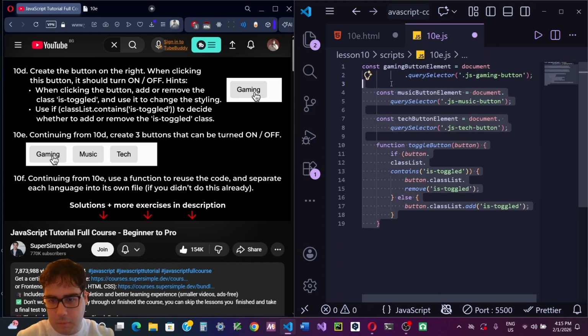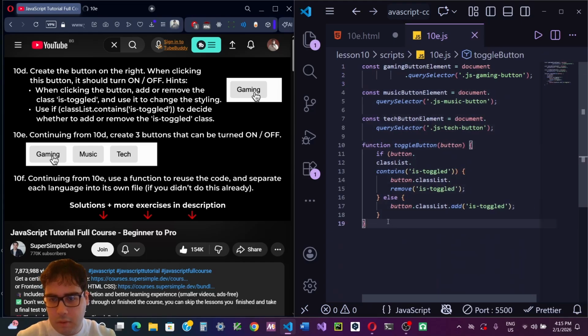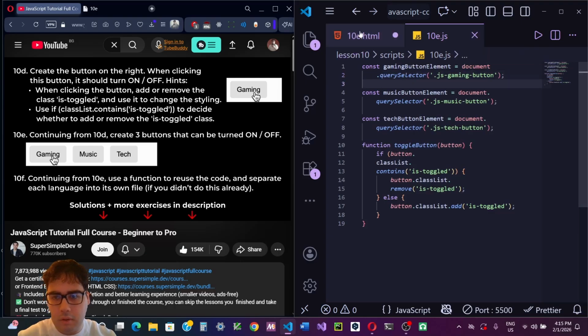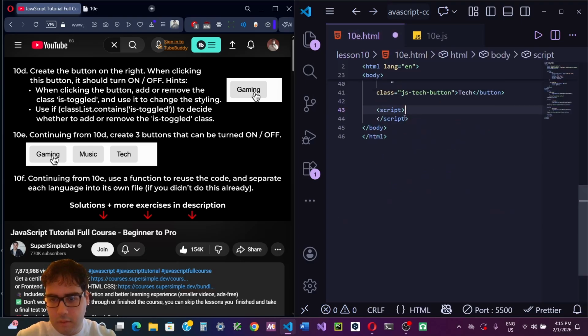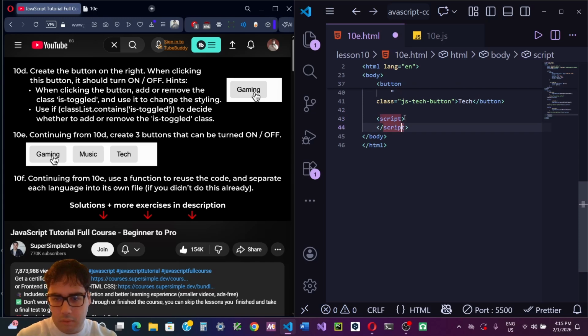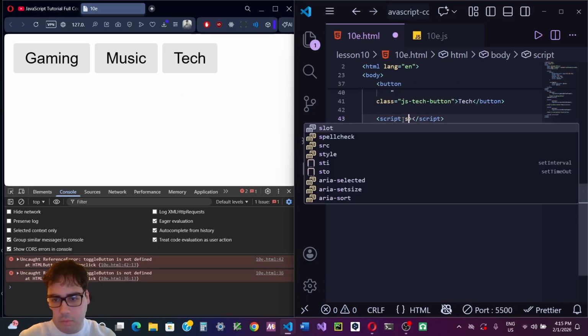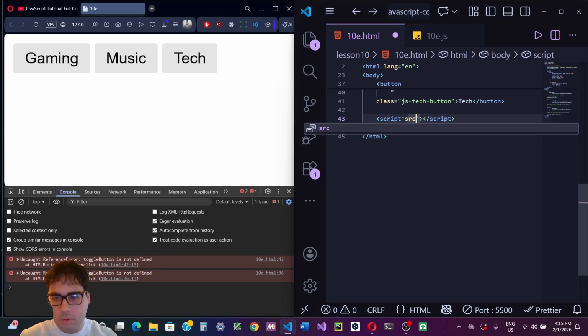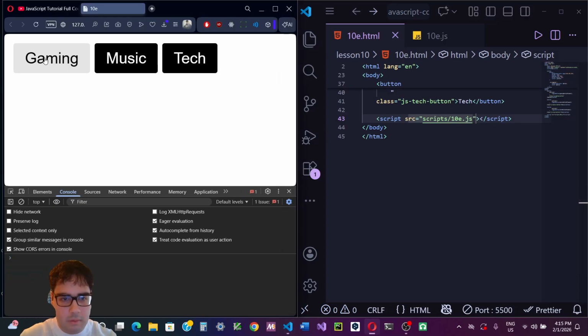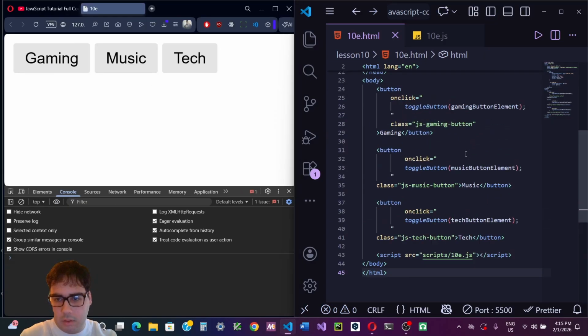Try to format it like this, like that, and then let's do this. Right now nothing happens. Toggle button is not defined, and then source scripts like this. Okay, and now